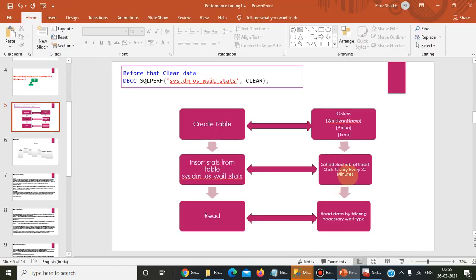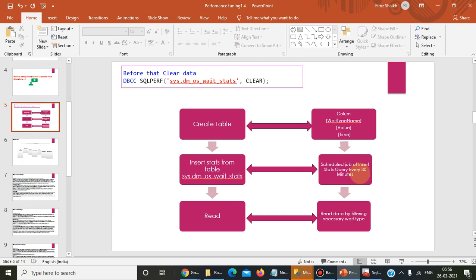We schedule it every 30 minutes or 1 hour, depending on the DBA's call, depending upon the granularity with which they need to analyze that data. If you capture every 15 minutes, it will give more accurate data. If we run this insert query every 1 hour, it will give general data.